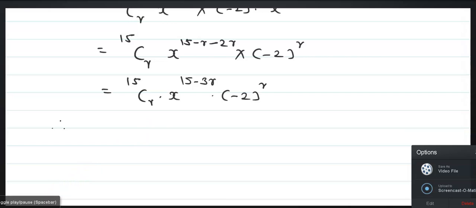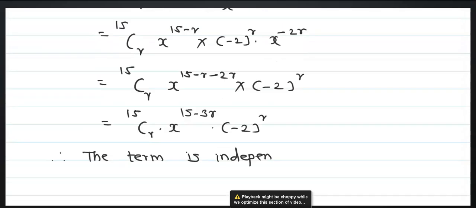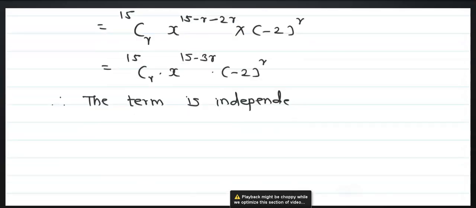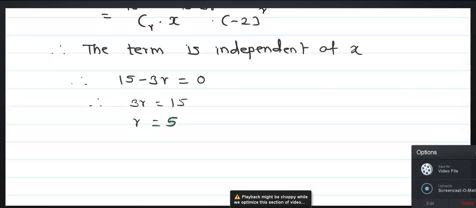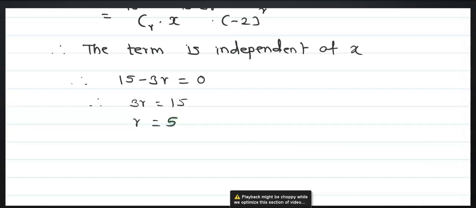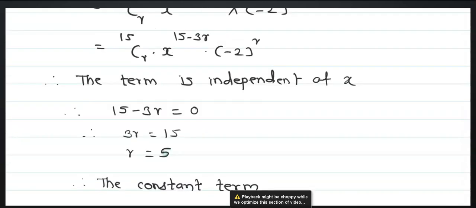Now, see this again. The term is independent of x. Therefore, 15 minus 3r is equal to 0. Therefore, r is equal to 5 here. Normal simplification is there. r is equal to 5. Therefore, the constant term is equal to